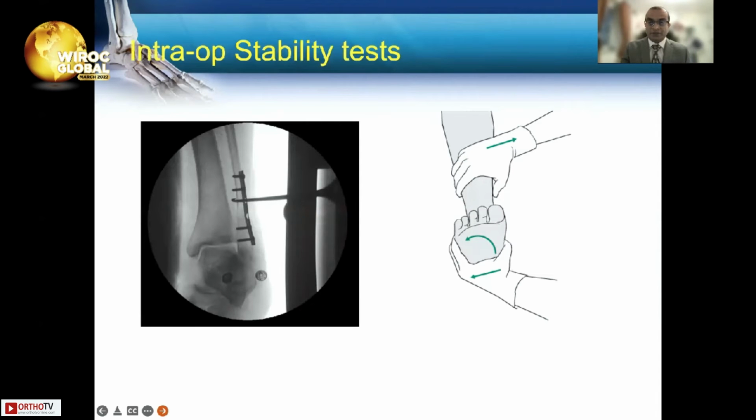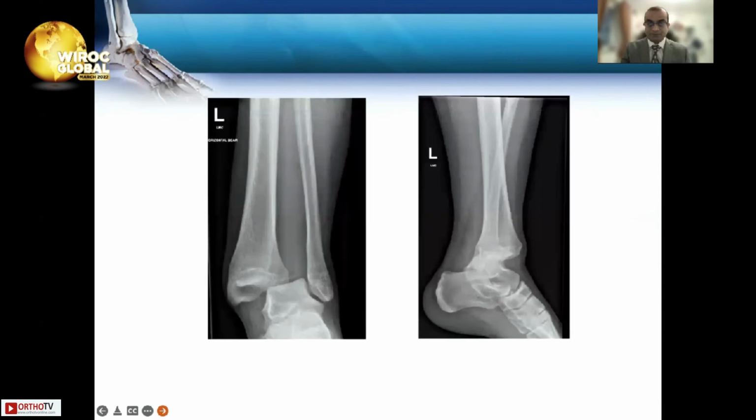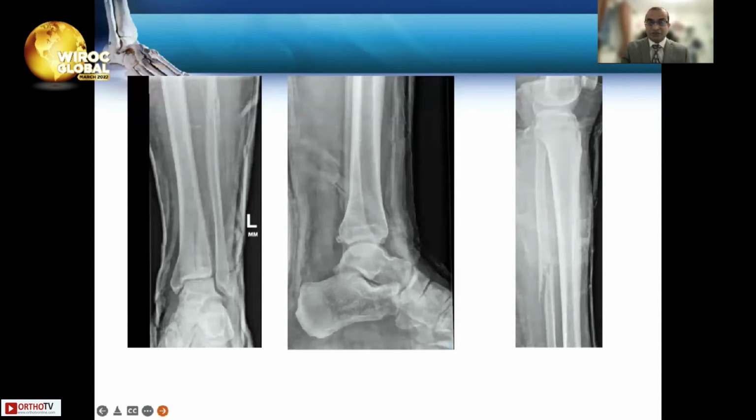Now, intraoperatively, you can test the syndesmotic stability by the traditional hook test or an external rotation stress test. In patients with a high fibular fracture, the dilemma is whether to fix the fibula or just treat it with syndesmotic screws. If the fibula fracture is within the middle third or lower third, we recommend fixing the fibula fracture, as it will restore your length, alignment, and rotation